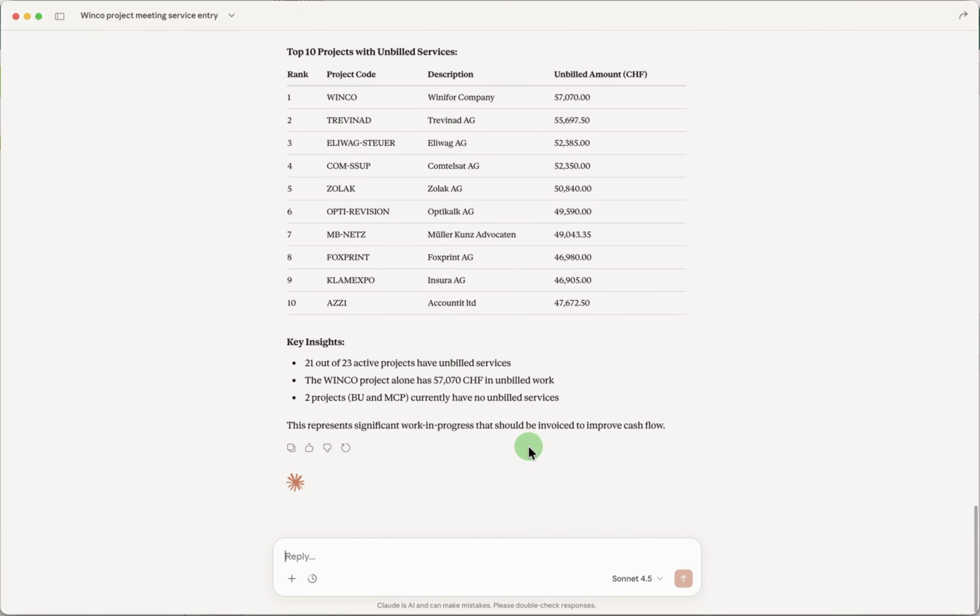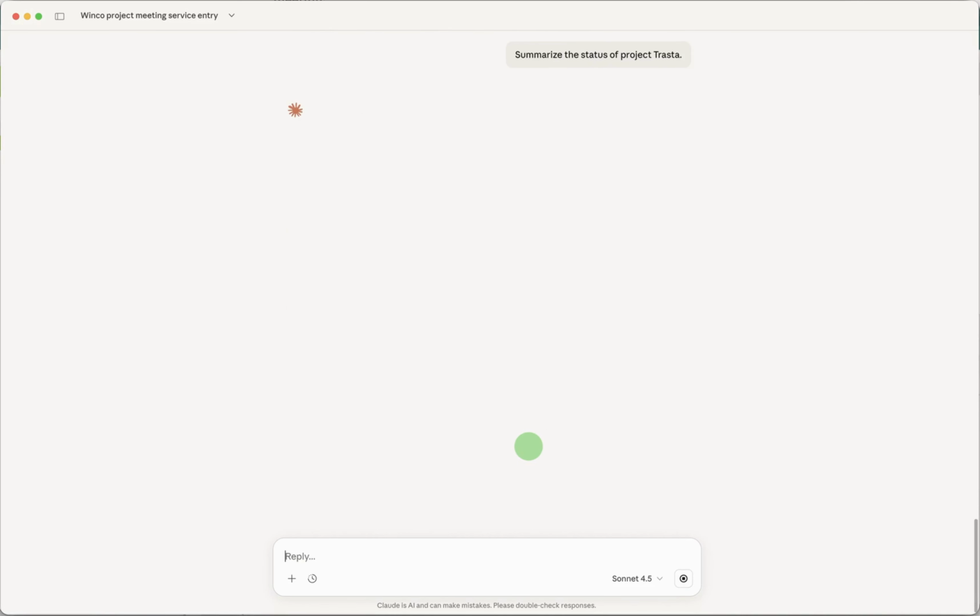I want to focus on one specific project, and we'll just ask the client to summarize the status of project Trasta. Let's see what the client can fetch from Vertec.